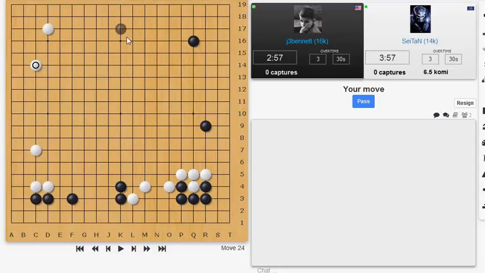How about if I just take this point over here? So if he wants to carve out large amounts of space, I can try and do the same. Okay, and then he approaches the corner here. I can back off. I can pincer. Pincer is interesting because it builds a base with this stone here. And then here to block his entry into the corner. So he's doing a good job of